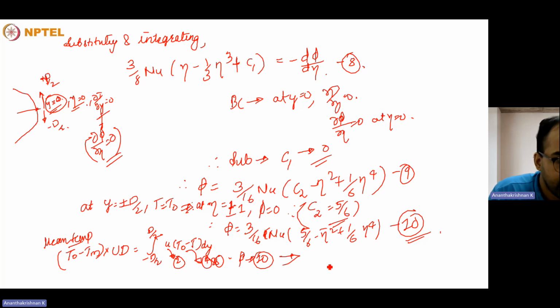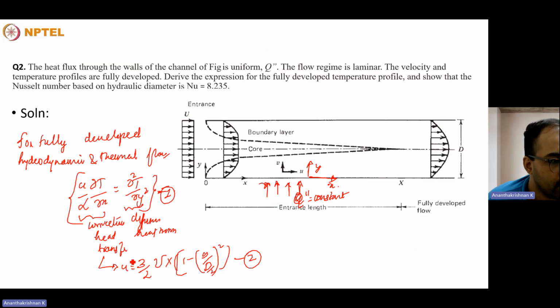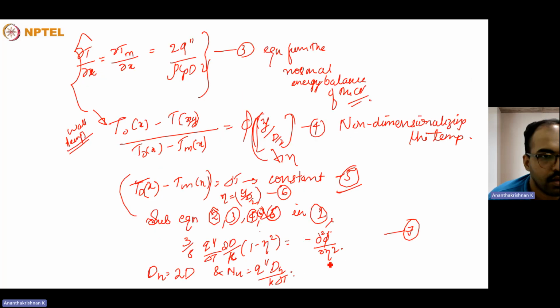Then integrating with respect to minus d by 2 dy, you'll get a concise form: the left hand side 1 is equal to 9 by 32 Nusselt number integral of minus d by 2 to d by 2, which could be written in terms of the non-dimensional term, that is 2 times the integral from 0 to 1 into 1 minus eta squared. This eta squared actually comes from the equation u, y minus d by 2 is equal to 1 minus eta squared, and